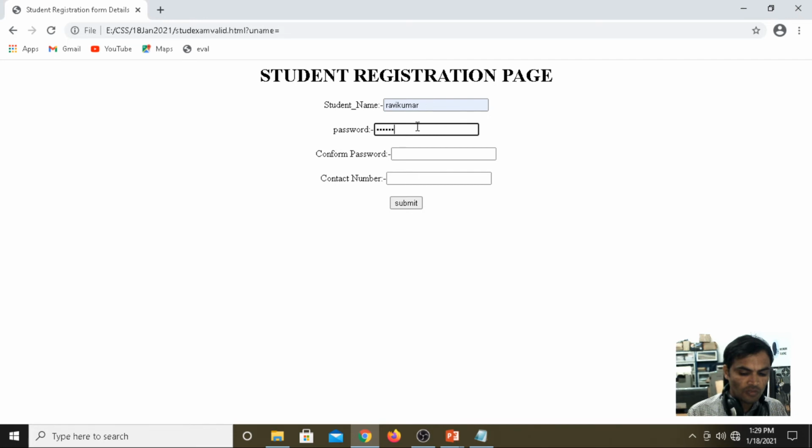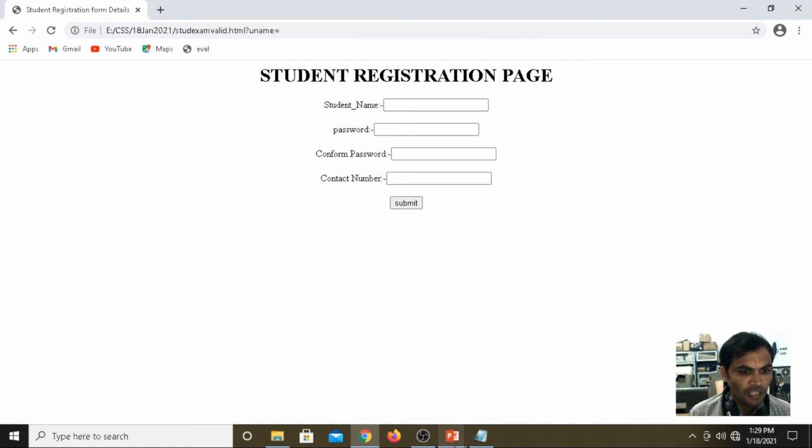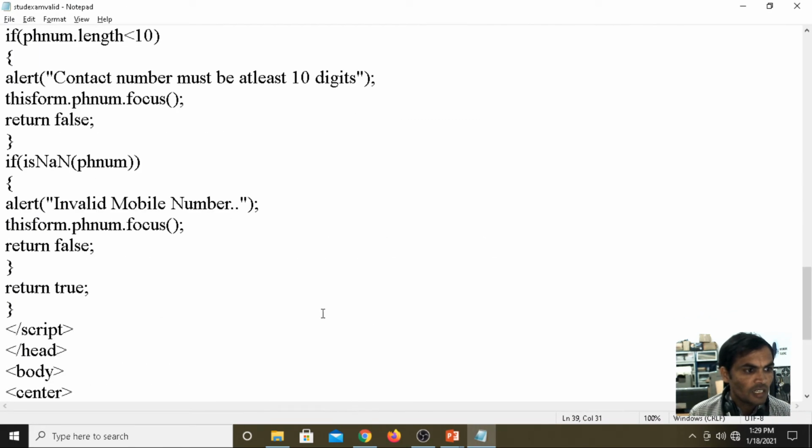Then contact number Ravi Kumar, we are getting invalid mobile number because it is not a number. Means we are checking whether the password and the confirm password are similar or not.